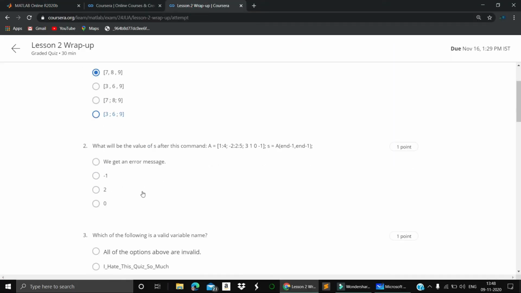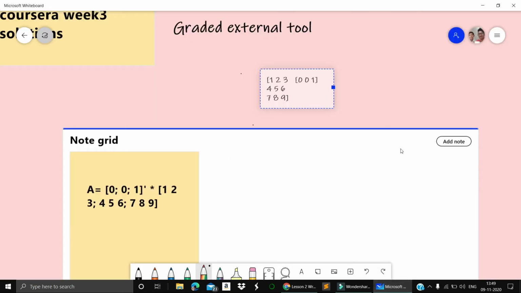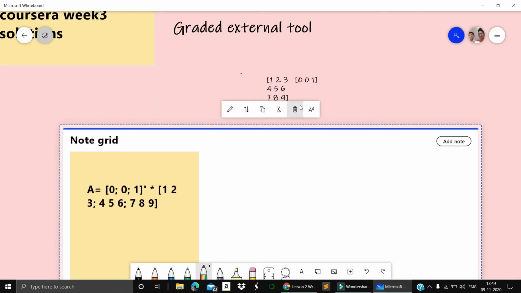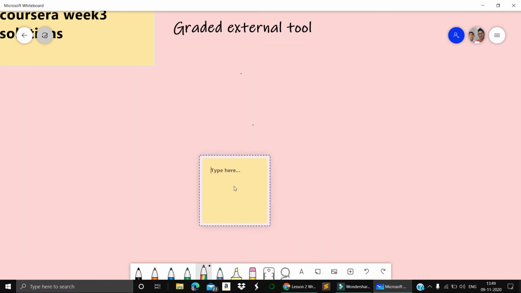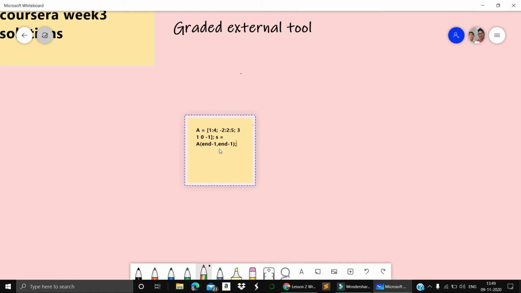Next, what will be the values of s after the command s equals 1 to 4, minus 2 with an increment of 2 to 4, and 3, 1, 0, minus 1?